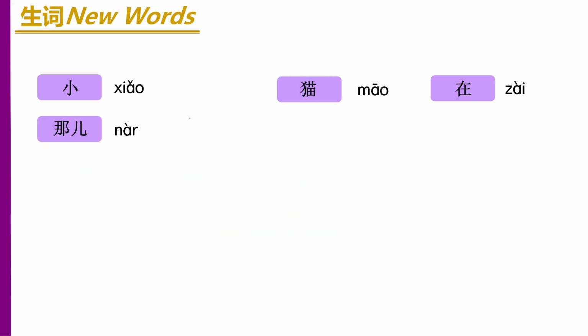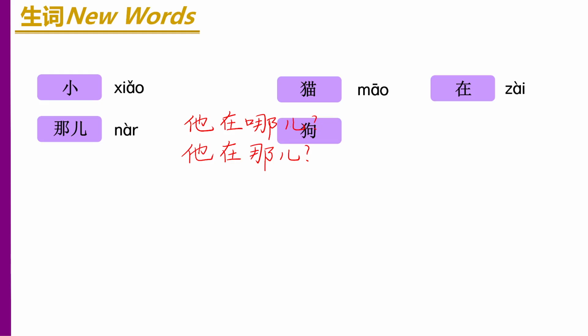Here we can say 他在哪儿. So we can answer. For example, you go to see a movie with someone, you are waiting for this person, right? 他在哪儿？他在哪儿？啊，他在那儿。